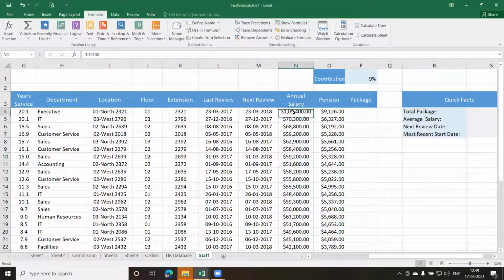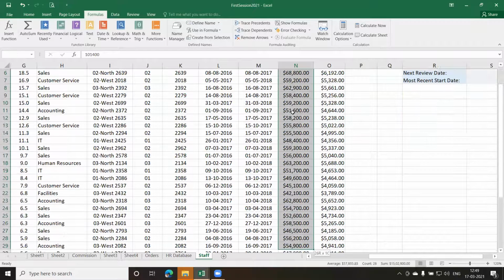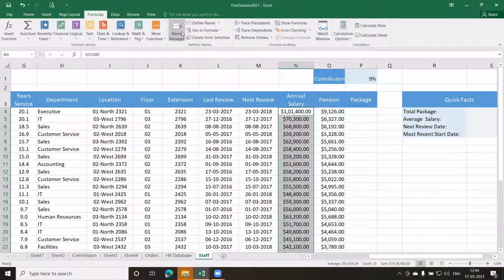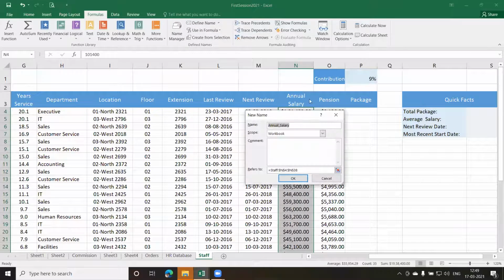Now when I select this whole range, all the cells up to here, I don't have any name. You can see that. So I'll go to Define Name and give the name as annual salary. This name is coming from the column heading. If you want some other name, you can do that as well.